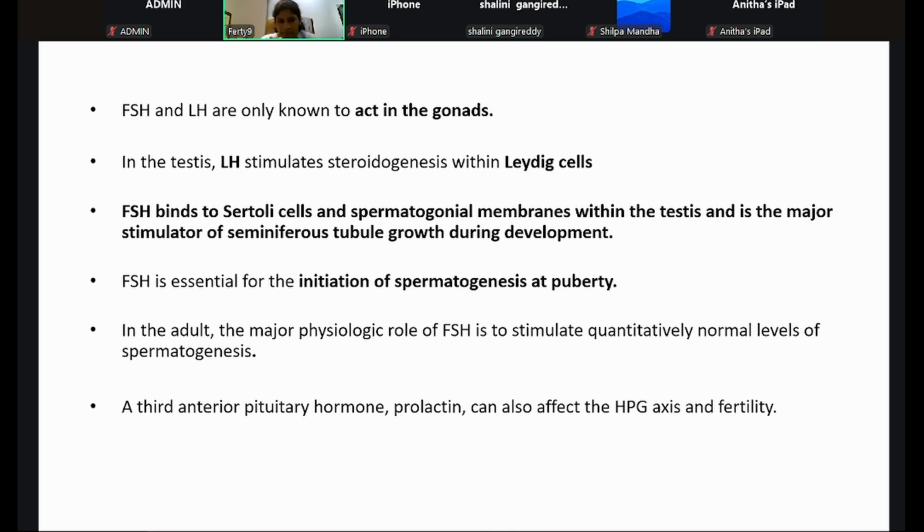In the adult, what will happen is, till the baby is intrauterine, all these hormones will act. Once the baby is out, the hypothalamus-pituitary axis will be inactive, so the testes will be like a cord-like structure. Once the axis is released, FSH will start being produced and will start acting on the gonads, and then it starts producing spermatogenesis, and proper seminiferous tubules, everything will be developed.